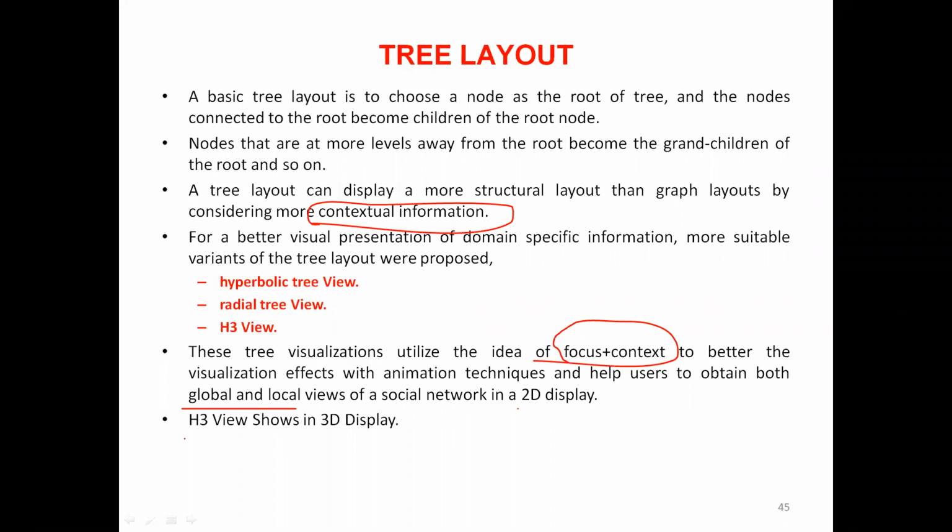And H3 view will display the network in a 3D format. In H3 view you can visualize the graph or network in 3D format.